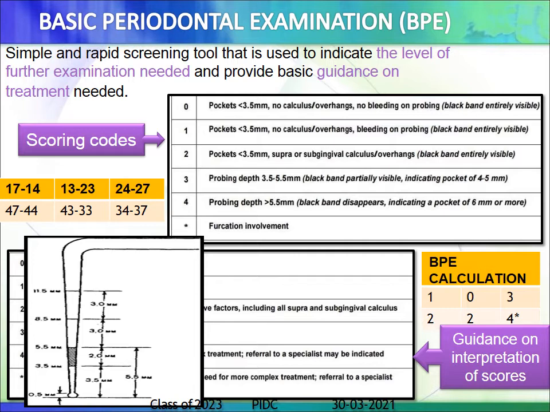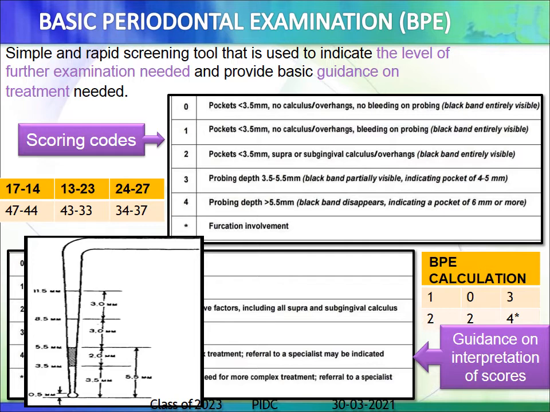You will be able to see the ball as well as the markings which are present there. So based on this, we do have certain criteria or scoring codes, how it is being transferred to the papers, how disease is being transferred in terms of letters to the papers.